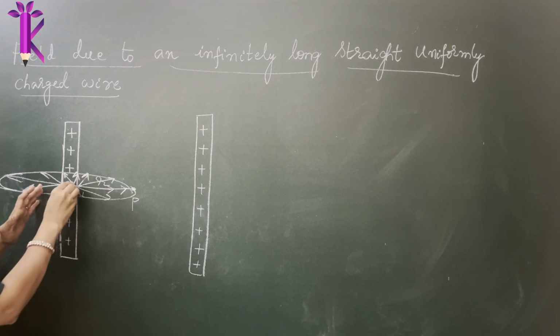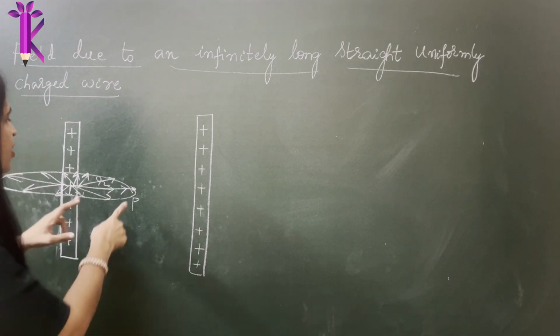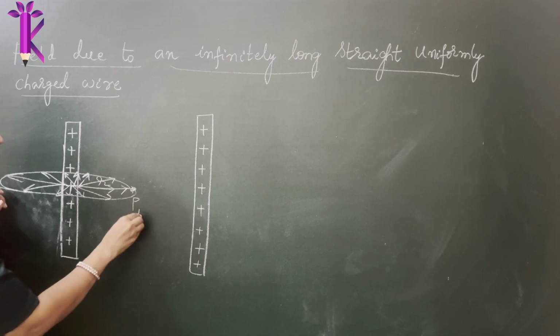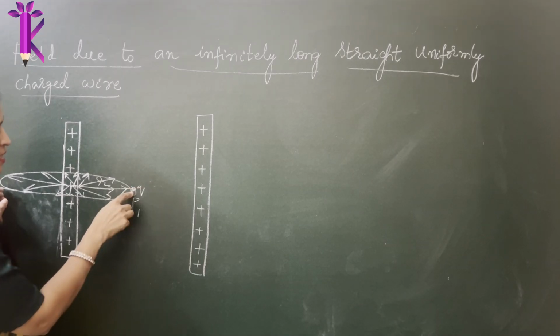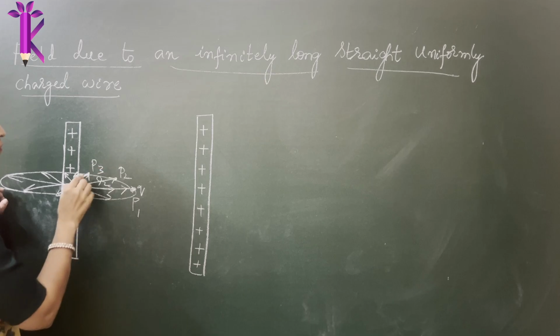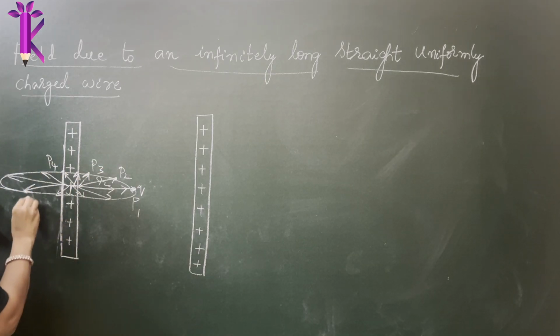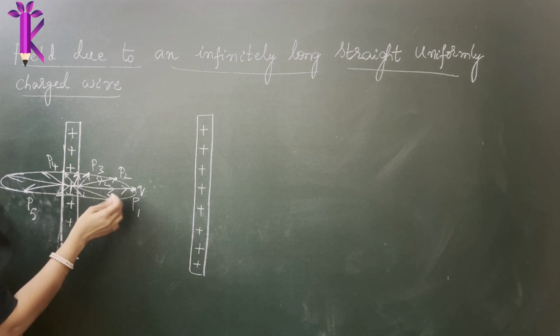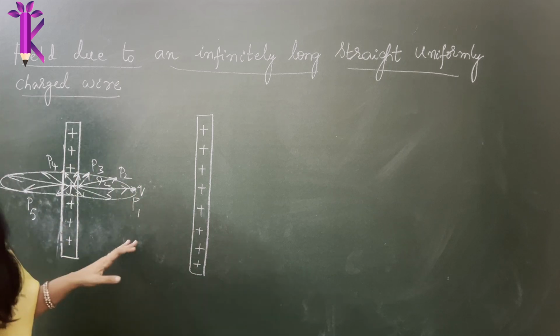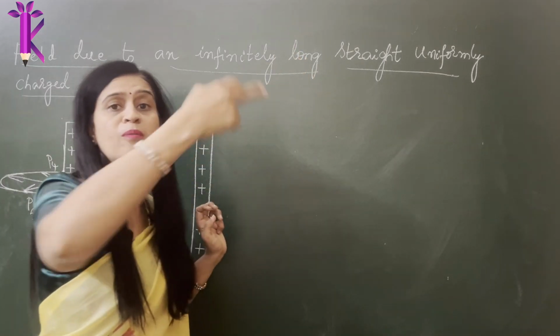But you imagine everywhere, the length of the electric field lines is the same. It has to be the same because of the point P. So anywhere here, if you keep the test charge, it will experience the same force. If you keep it here, or here, everywhere the distances are the same. I cannot show it on the board for some reason. So P5, P6, anywhere on the sphere, you see that it experiences the same field. That is why we say it is uniformly charged.